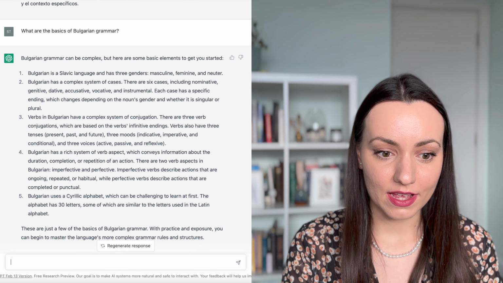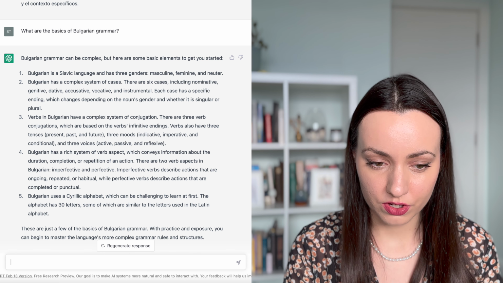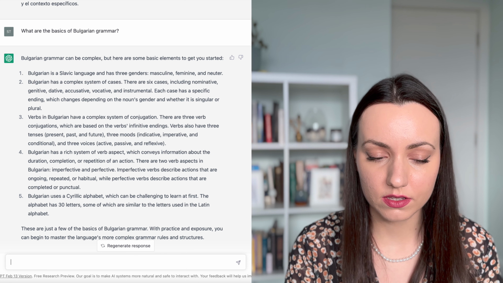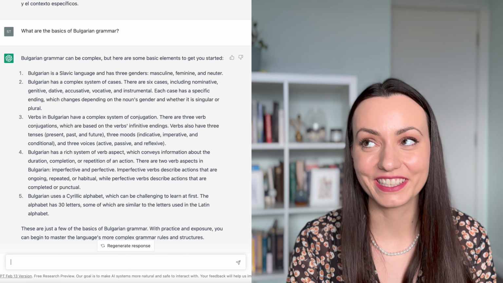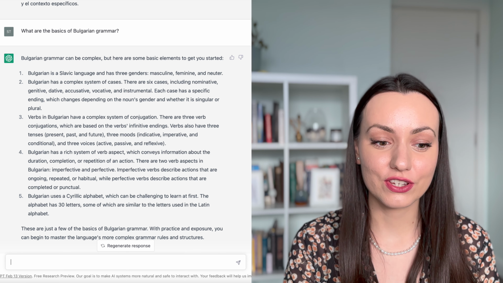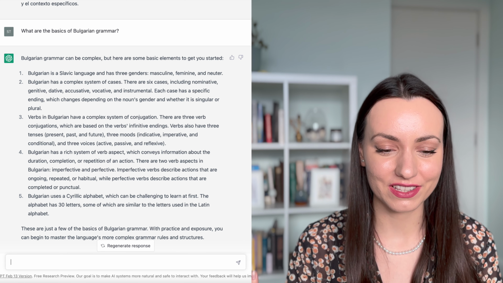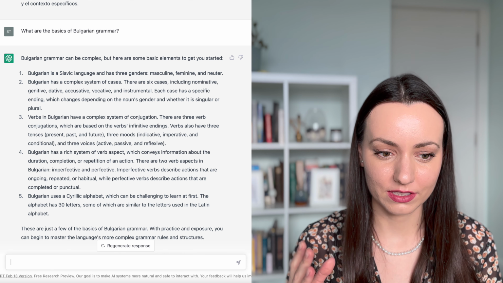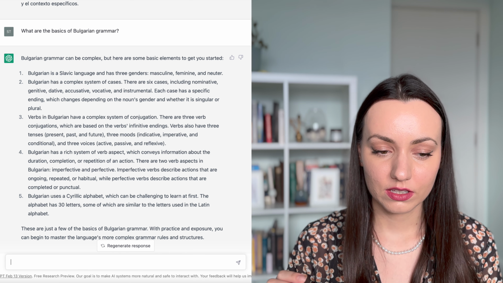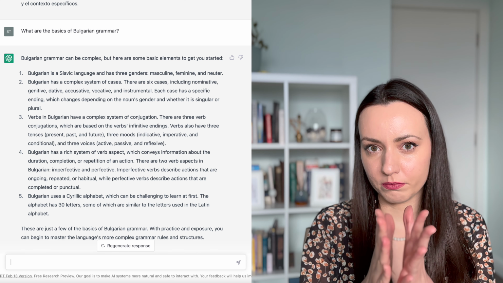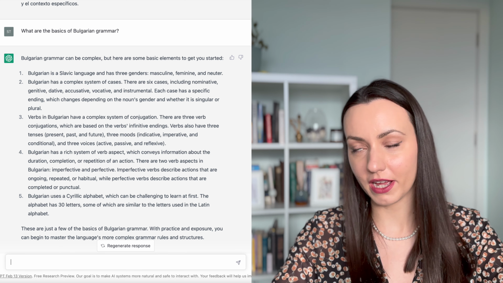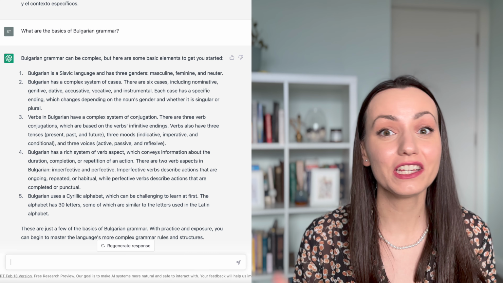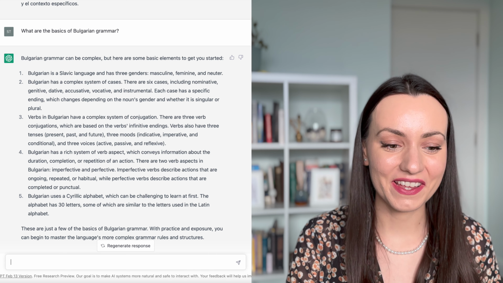Okay, so then it says Bulgarian has a complex system of conjugation, 3 verb conjugations based on endings, 3 moods, 3 tenses, 3 voices. I actually think that's true, but I'm not completely sure. I'm sorry, it's my native language, and sometimes you don't think about those things. We did study in school that there are 3 verb conjugations. I think that the moods are 3 and the voices are 3, and obviously 3 main tenses, past, present, and future. But within that, there's obviously different pasts, different futures. Yeah, I think that's correct. Sorry guys, it's my native language again. I cannot be an expert in that.